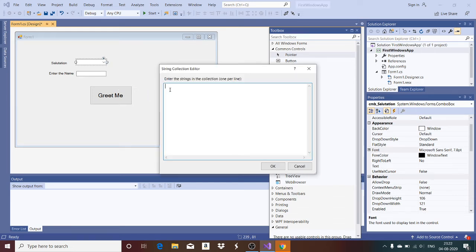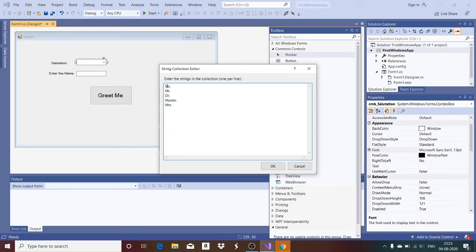There you can list the items one by one. So what are the items we want in the salutation? I want to have Miss, then I want to have Mr., then I want to have Doctor, I want to have Master, I want to have Mrs. So these are some of the salutations you can have.